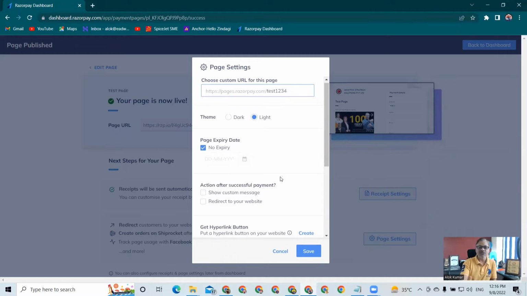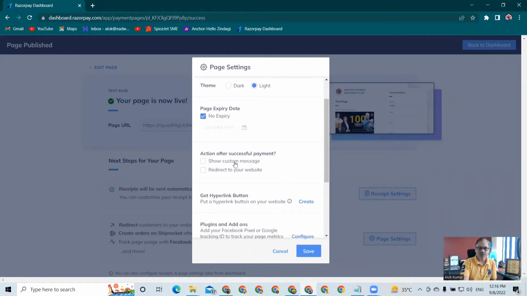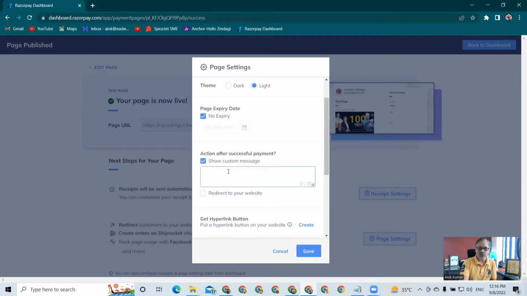It will also ask you the next step. Once somebody has done the payment, what do you want to do? So after successful payment, what action do you want? Show custom message or redirect to your website. So you can select either of the two. If you want to say thank you for the payment, let's say thank you for the payment,